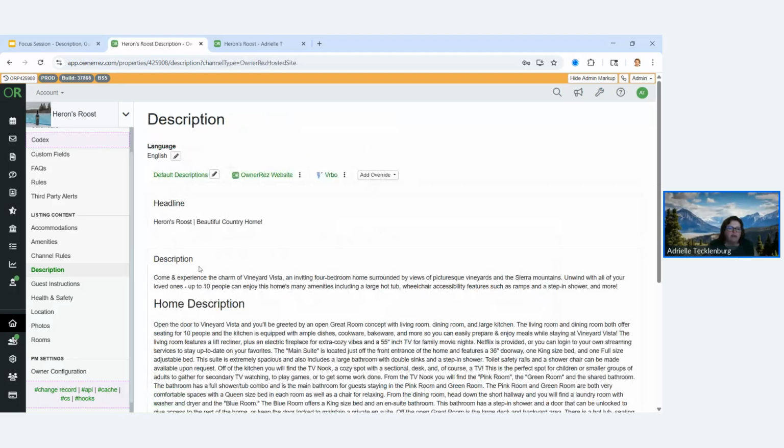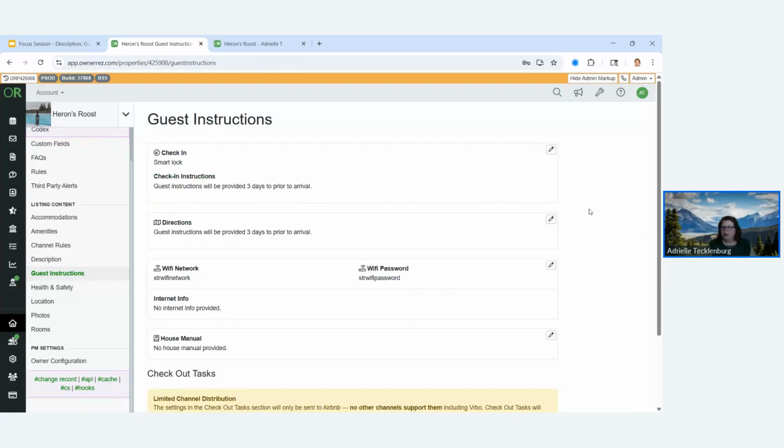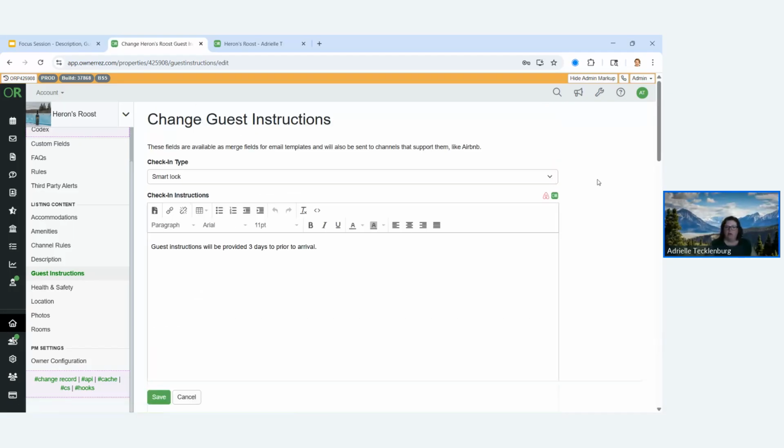All right, so that covers the description page. Let's go ahead and look at guest instructions now. The guest instructions page pretty much just feeds out to your Airbnb listing. Certain field codes can be used within OwnerRez internally, but because this displays to your Airbnb guests after they book,